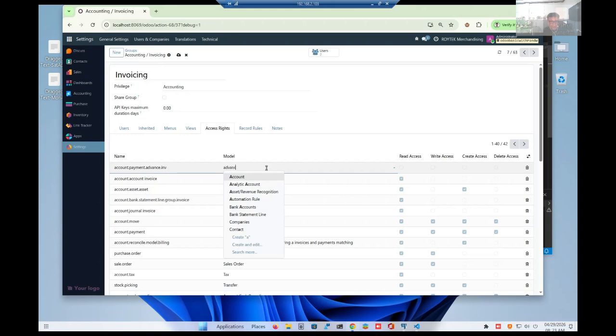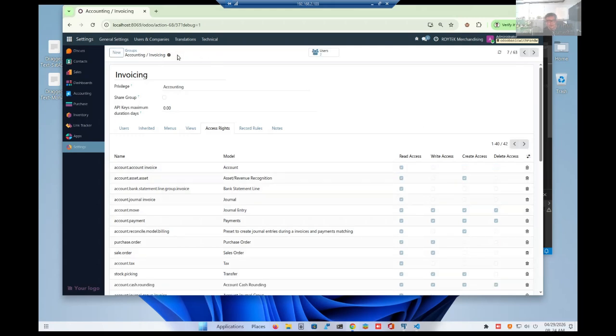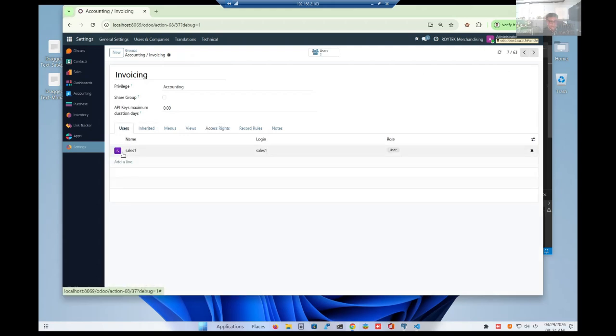Sales advance payment invoice. And then we'll give them full access. Now, since S1 is already a member of this, let's check. Yes, sales 1.